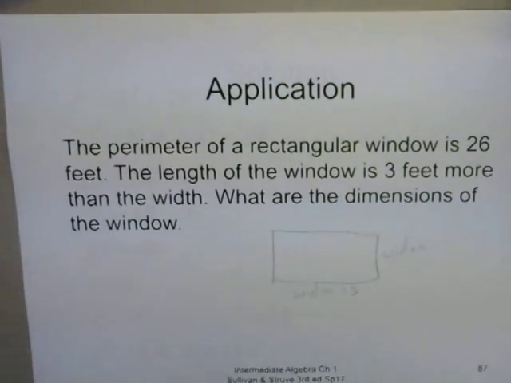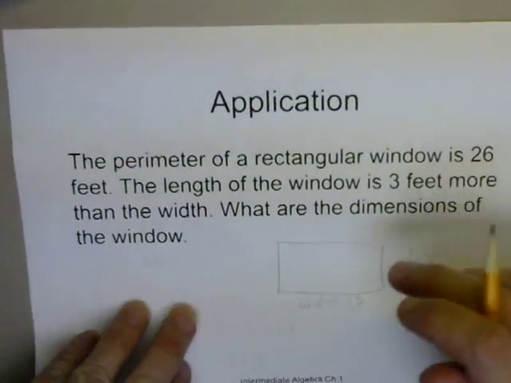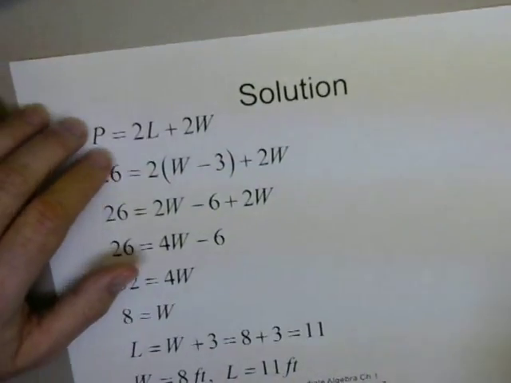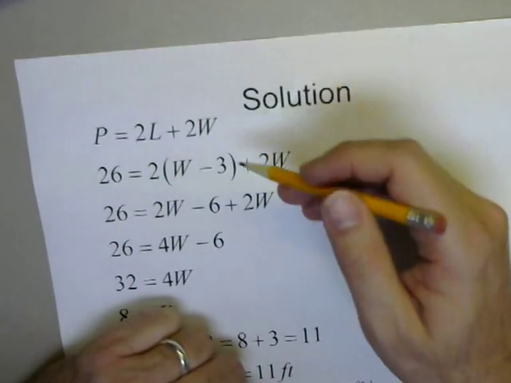And typically the length will be longer than the width, although some books don't really make that distinction. There might be instances where the width is longer. I guess it doesn't really matter which dimension you call the width and the length. What are the dimensions of the window, right? In other words, what is the length and the width? Well, remember the formula for the perimeter of a rectangle is 2 times the length plus 2 times the width, and we know that